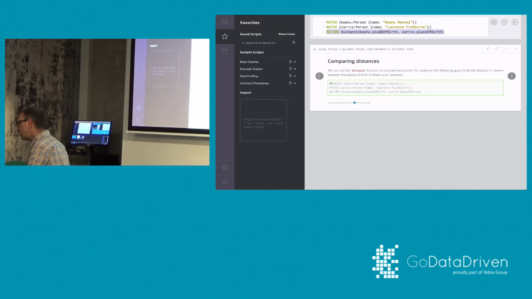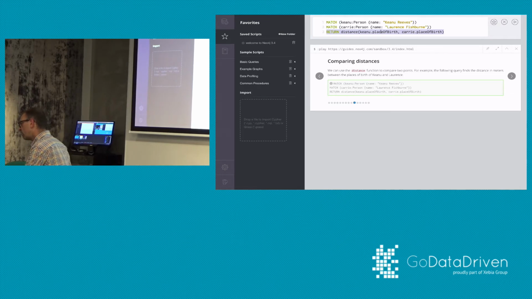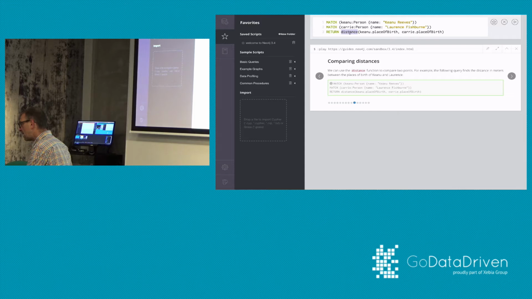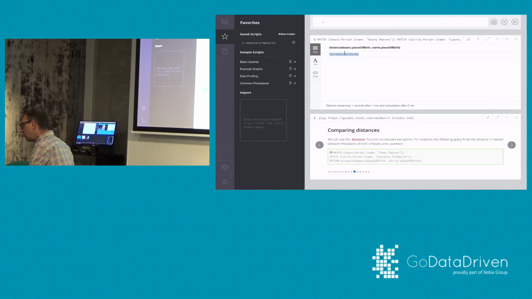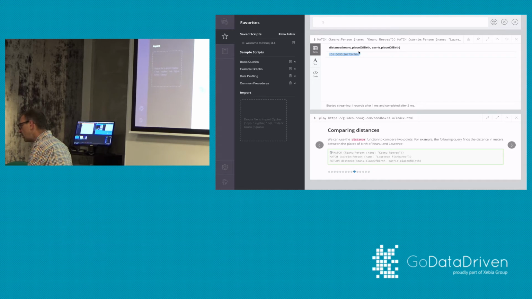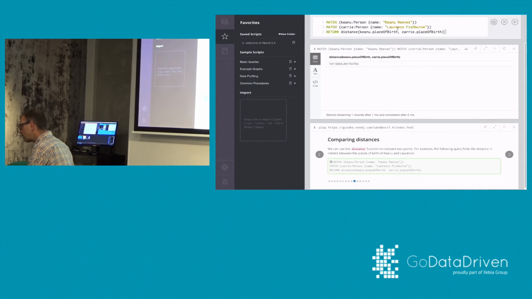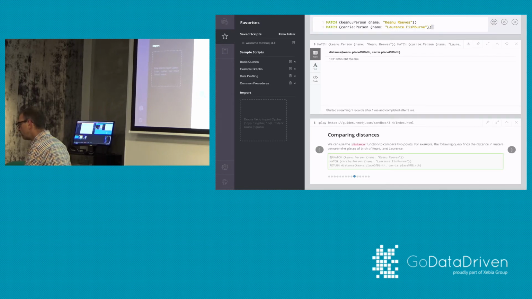It knows about this new data type, so therefore you can perform specific functions on it, like for example the distance function, right? So Keanu and Gary both have these spatial coordinates now. And with the return distance function, it will give me, this is in meters, I believe, the distance between them.